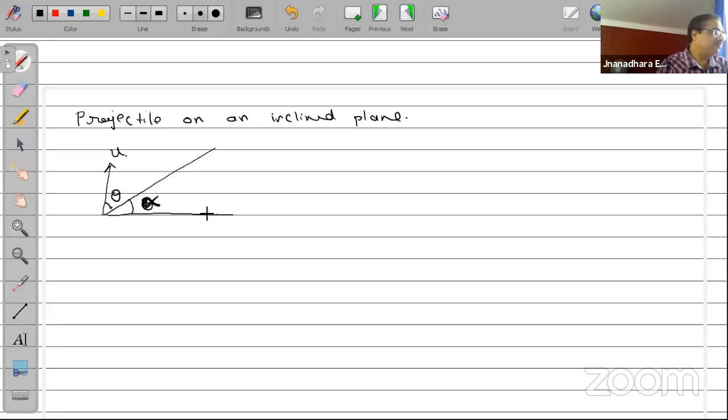Then the expression for the range. So this is going to be a projectile like this. It will come and hit the inclined plane like this. This will be the range of the projectile on the inclined plane. Remember, this will be the maximum height attained, and there'll also be time of flight. Time of flight will be equal to 2u